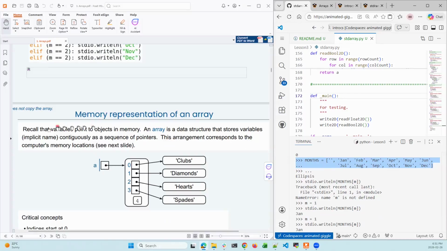Memory representation of an array. So recall that variables point to objects in memory. An array is a data structure